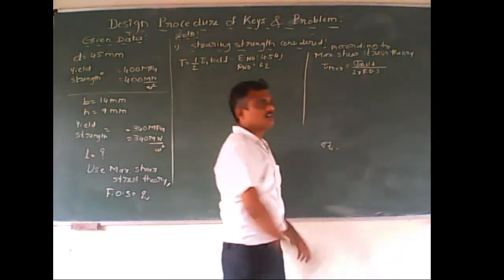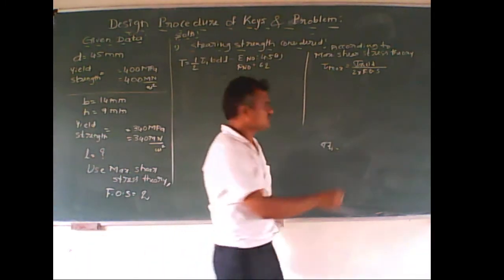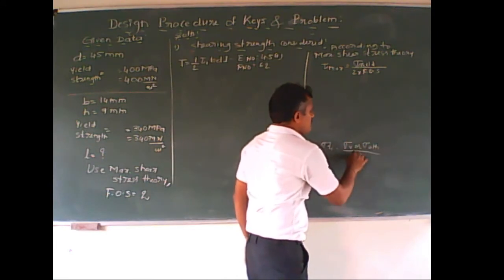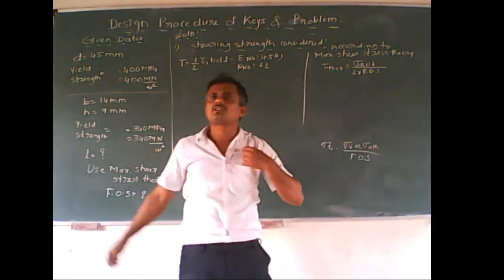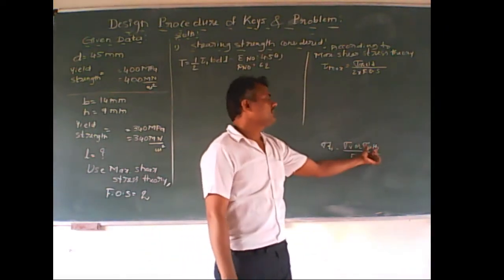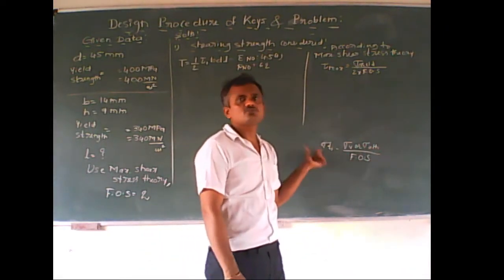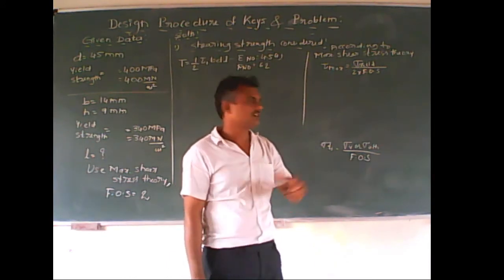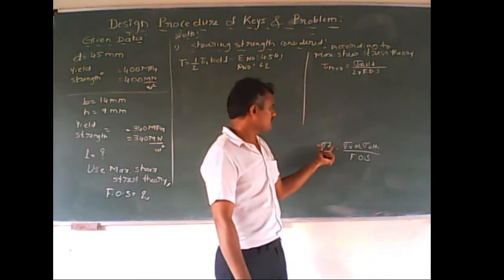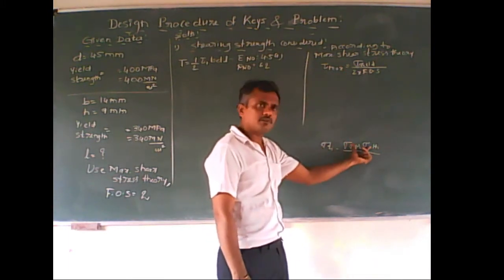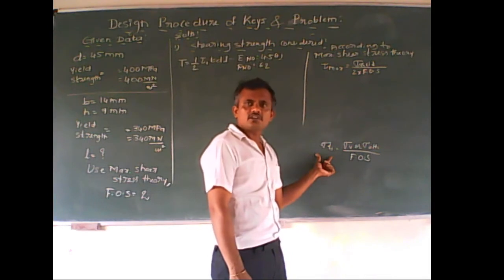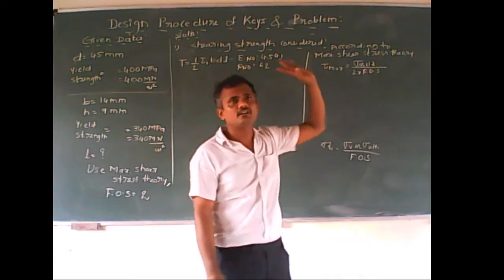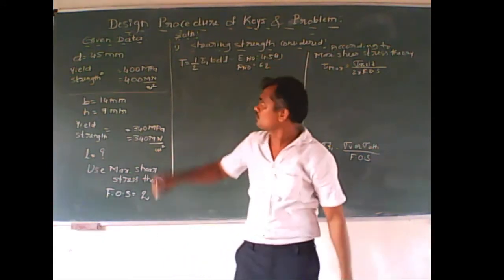Sigma working stress or permissible stress is equal to what? Sigma yield or sigma ultimate divided by factor of safety. This is also one of the theories from which we can write: ultimate divided by factor of safety is equal to working stress or permissible strength or allowable strength. Okay, so this is quite different. Why? Because here yield stress or ultimate stress will be there, here working stress will be there. Both the symbols are the same, whereas here the symbol is sigma, here it is tau. Okay, so two stresses are given.